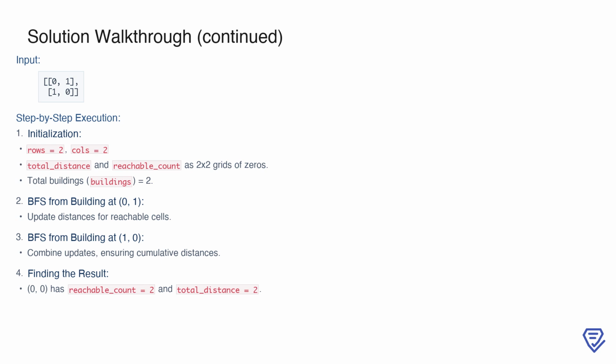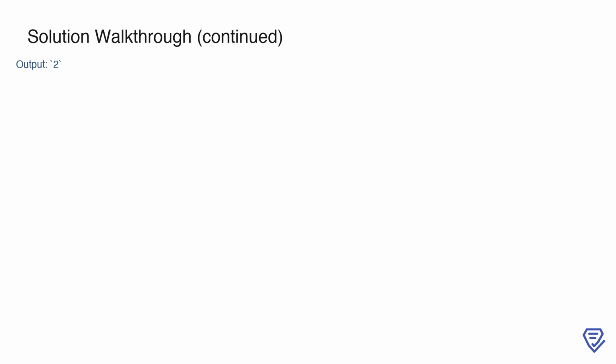distance of 2. As all empty cells are reachable from both buildings, we can determine the minimum distance from all buildings to an empty cell. Here, the result of the calculation shows that the empty cell at 0, 0 has the minimum total distance of 2 from all buildings. Since this is the smallest possible distance in the grid, the output for this example is